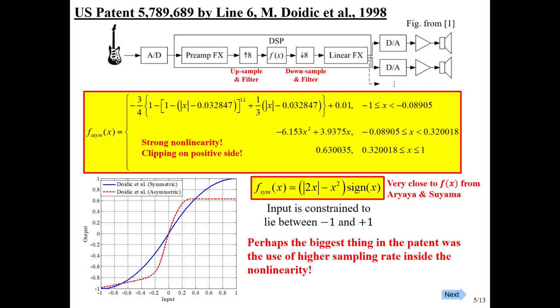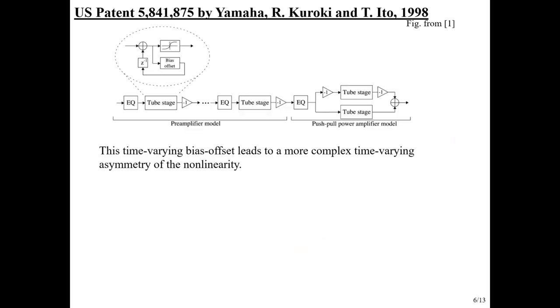But in my opinion, I think that the biggest thing in this patent was this idea of upsample and filter. Well, plus this asymmetric thing, which we'll see later. But I think this may have been the first time that it was recognized that if we're going to be doing this static nonlinearity, we really need to upsample. Okay,